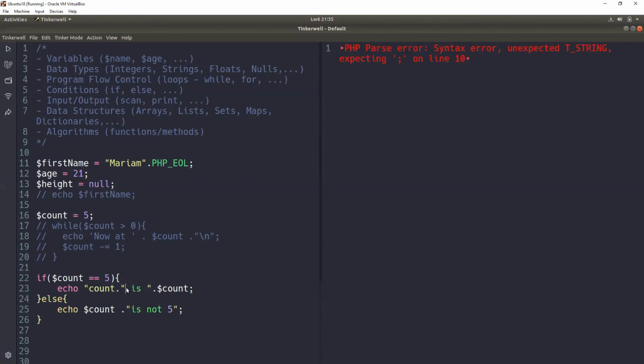So let's say count is 5, and then here we say just the word count, not the variable. Count is not 5. But what do we get? Count is 5. Do you know why? Because here on line 16, our count is 5. But if we try to change it to 7, what will output is count is not 5, because we have changed count and it is 7.